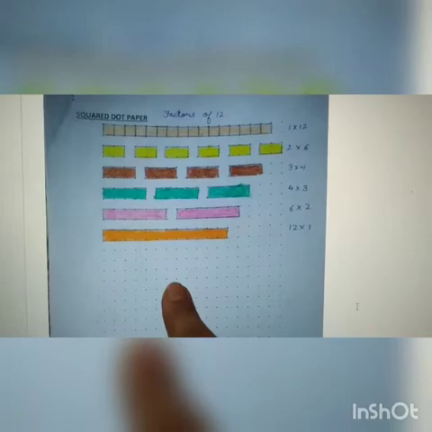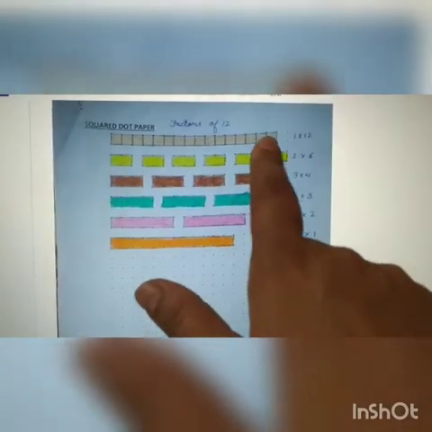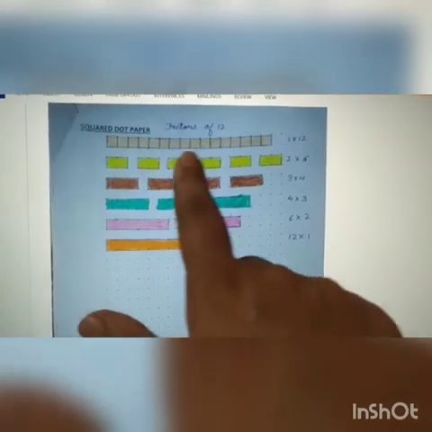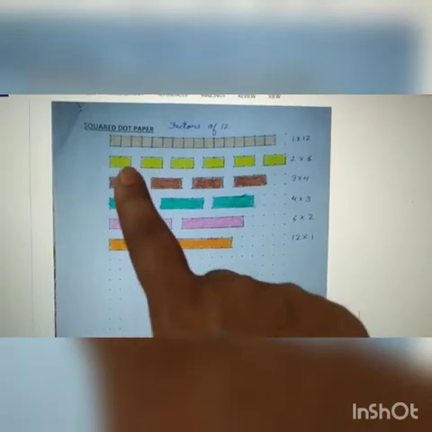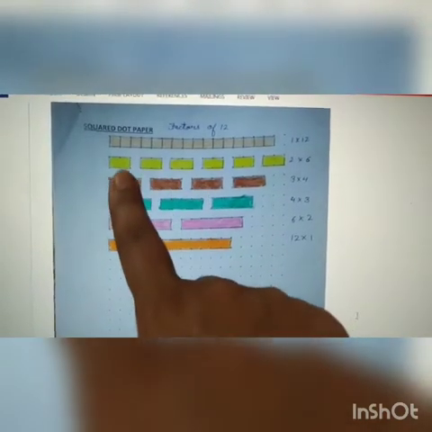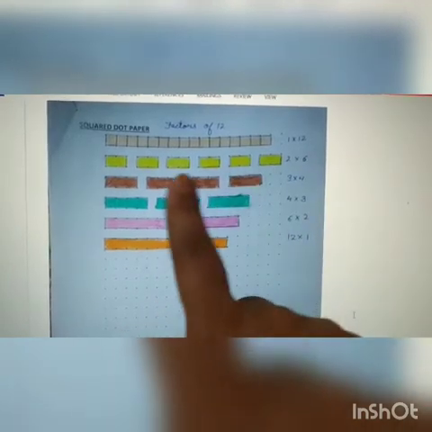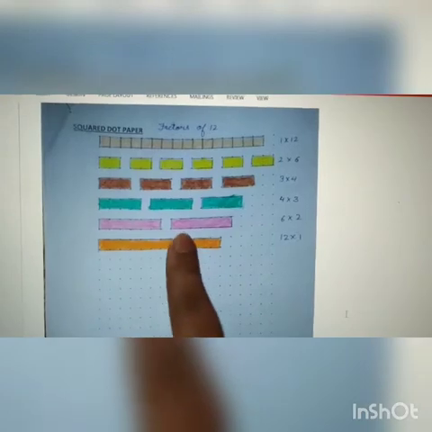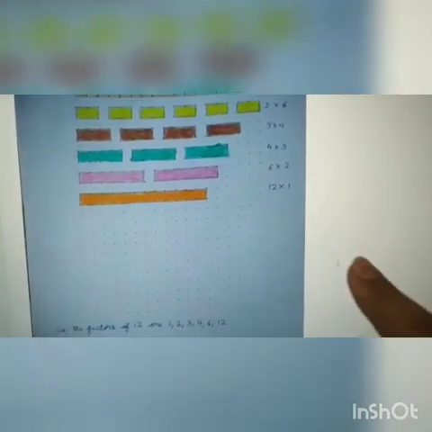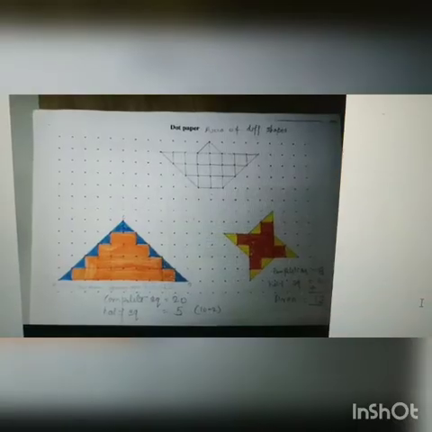So here is an example of how you can find the factors of 12. This one line you have divided into 12 parts. Okay, so you can write it as 1 into 12. फिर आपने इसके 2 के पेयर किए हैं तो इसको आप कितने पेयर में कर सकते हो 6 में. So 2 into 6. So like this in 3 parts you have paired it and then 4 parts. Like this you can find the factors of 12. So the factors of 12 are 1, 2, 3, 4, 6 and 12.